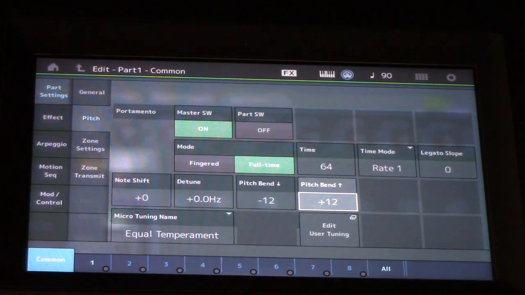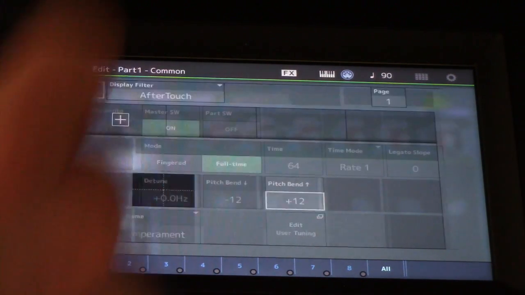That's for mine, because mine's a Roli Seaboard 24, so that gives the whole range of the keyboard. In fact, anything more than that can get a bit bitty anyway, as you can see the stair steps. But feel free to play with those as you like, obviously. Now, mod control is here where we